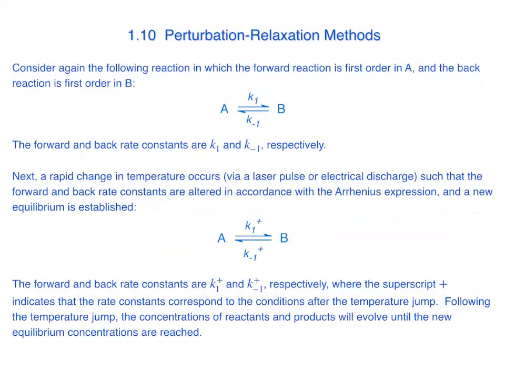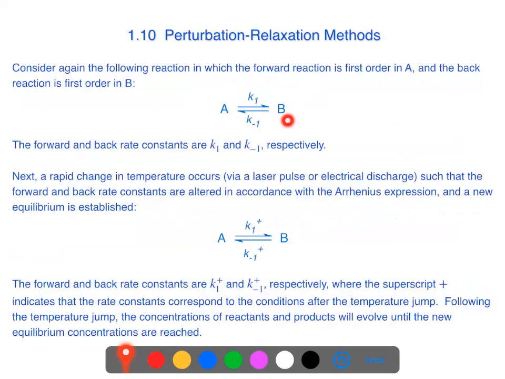So let's consider again the following reaction, in which the forward reaction A to B is first order in A, and the back reaction B to A is first order in B. And you'll recall that the forward and back rate constants are K1 for the forward and K-1 for the back reaction. So next, if we can induce a rapid change in temperature, and we can do that via a few ways. We can use laser excitation, laser pulse, or in some cases an electrical discharge to change the temperature of